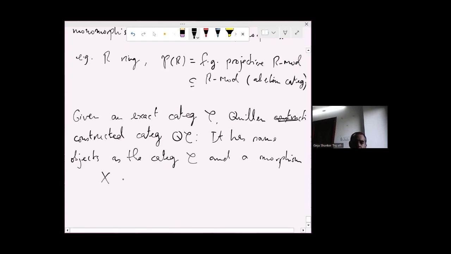Let's say x to y in C is an isomorphism class of